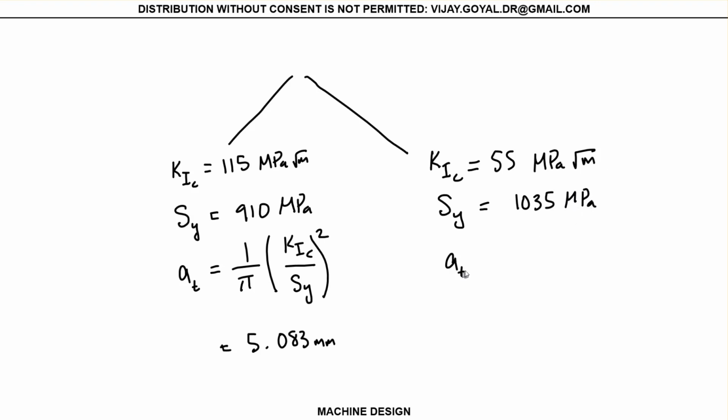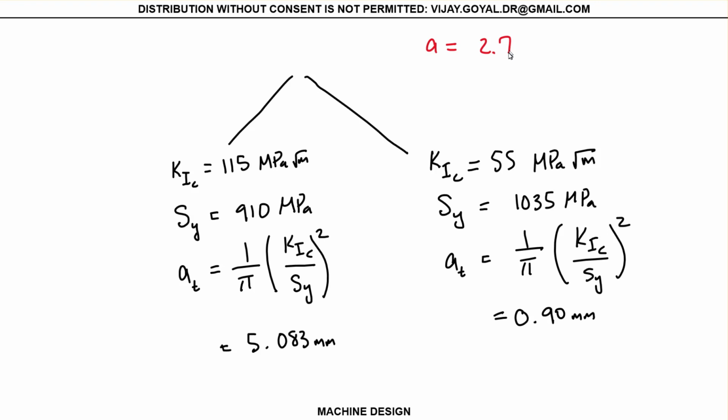Your transition length will be 1 over pi times (K_IC over sigma yield) squared, and that will give you a value of 0.90 millimeters. Now, note that in the problem, I have a crack